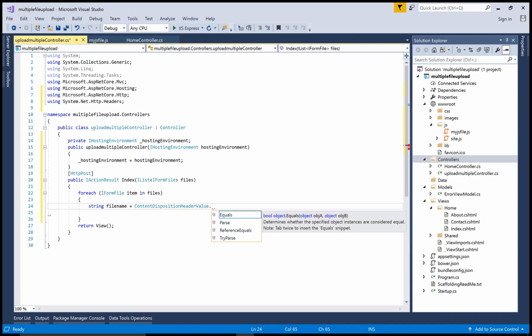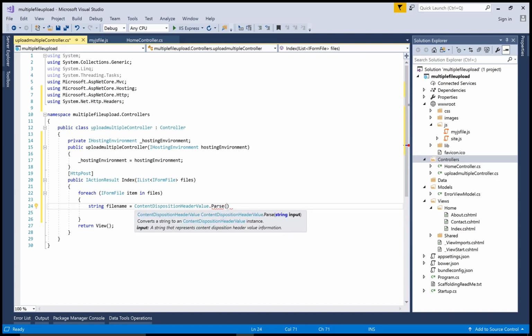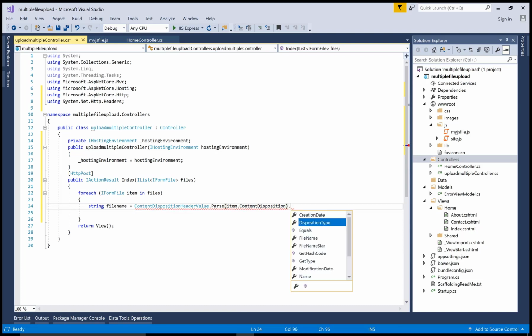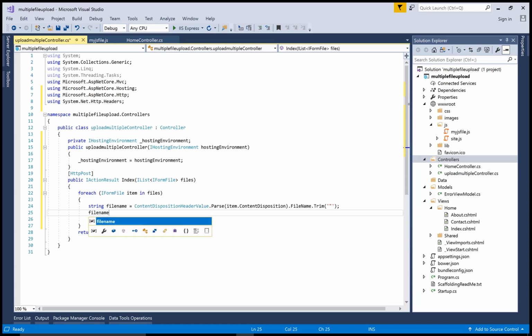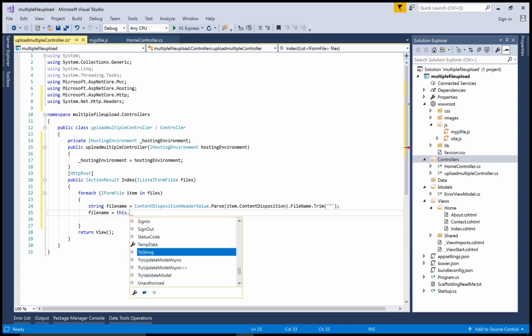So ContentDispositionHeaderValue, that exists in System.Net.Http.Headers, and Parse with the method name is item.GetFileContentDisposition, FileName.Trim to trim the leading and trailing spaces with the double quotation. Okay, so after trimming the name of the file,